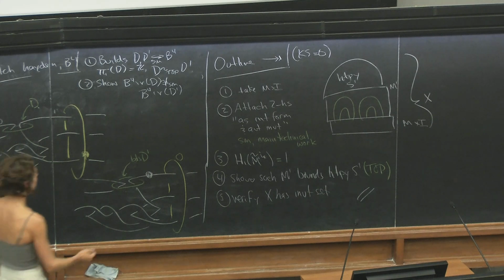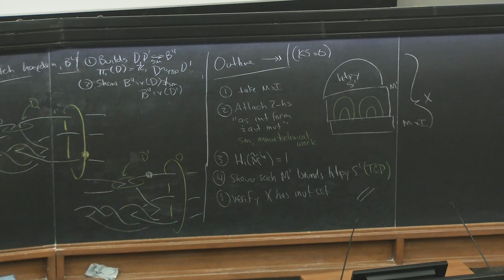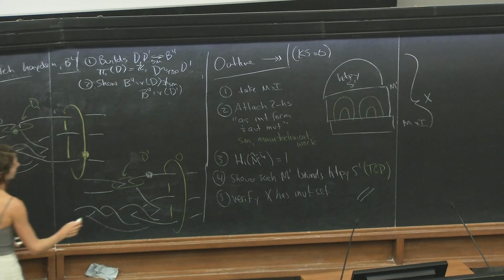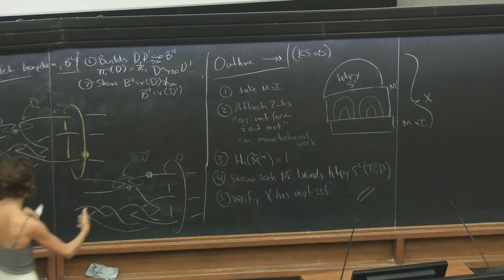Okay. Great. So this is this pair of disks in the 4-ball. They have the same boundary, and it's not too difficult to check that indeed their complements have pi 1 Z. We know how to describe their complements. It's actually just to think of these as themselves dotted circles. And in this case, for example, you can then just read off pi 1, and it turns out to be Z.